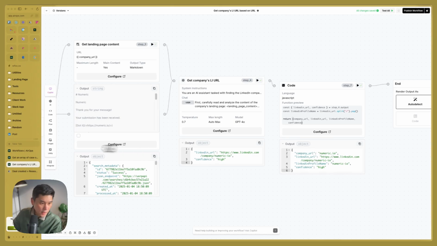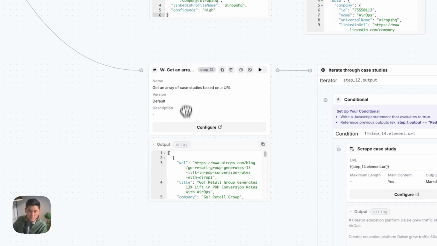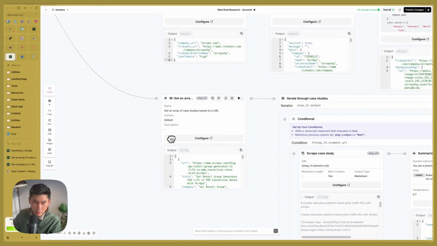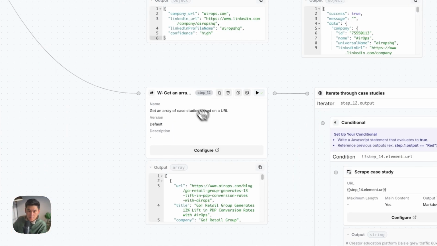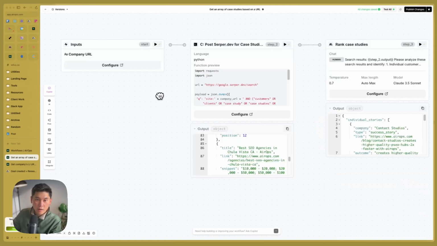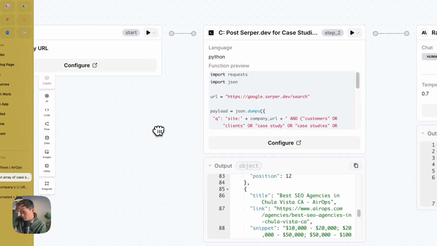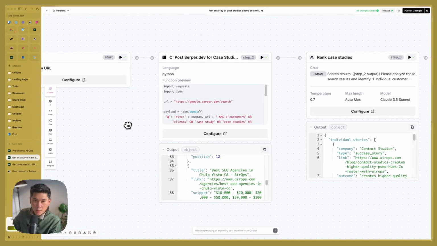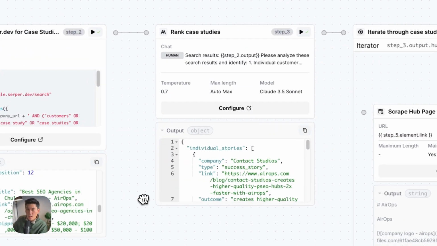Another example would be here, get an array of case studies. Like this, again, is just represented by one module. But if we look here, these are all the steps that are actually being taken when this one module runs. First, use SERP dev to run a Google search looking for case studies, and there are all these different combinations of search queries that we can run, like customers, clients, case study, or whatever. You get a bunch of different case studies from Google, then rank those case studies